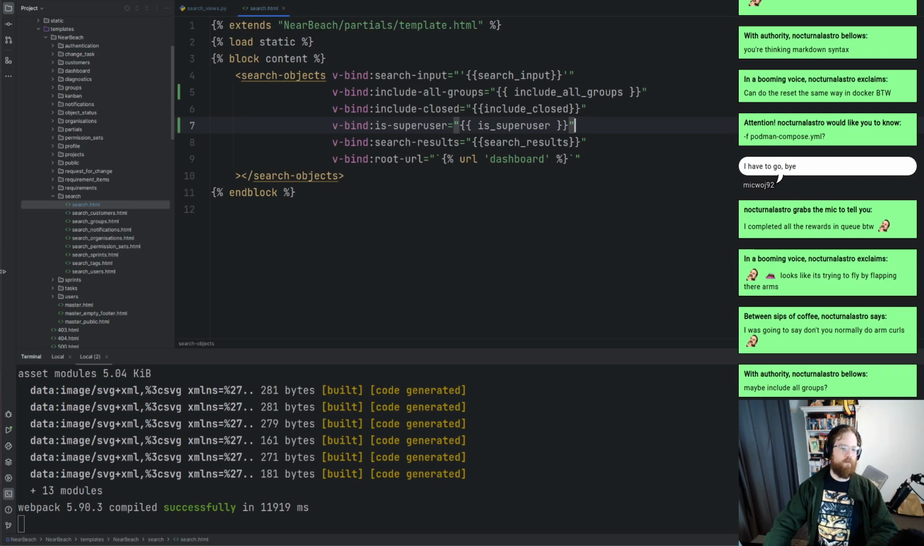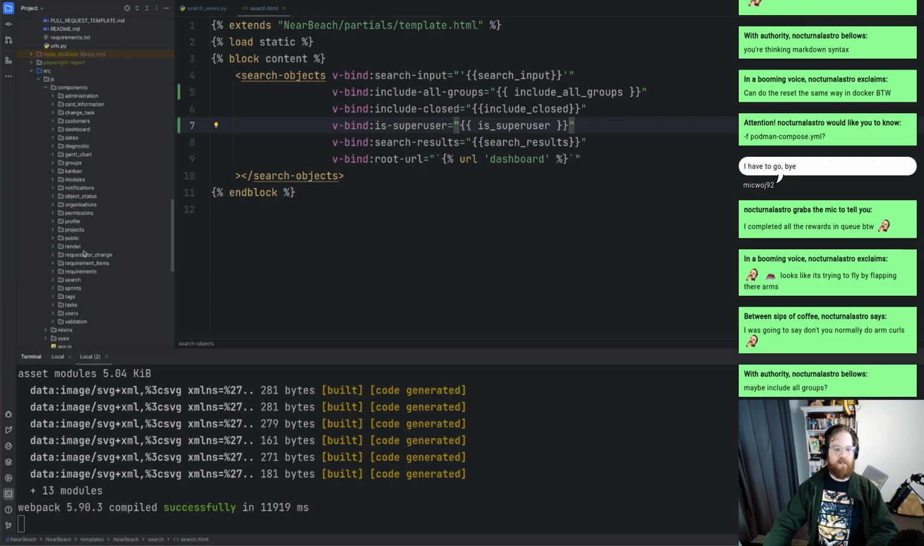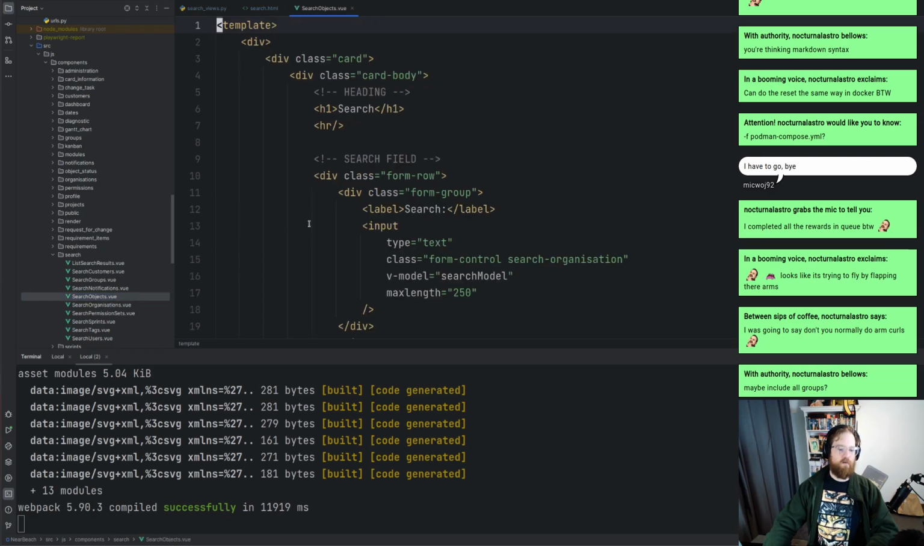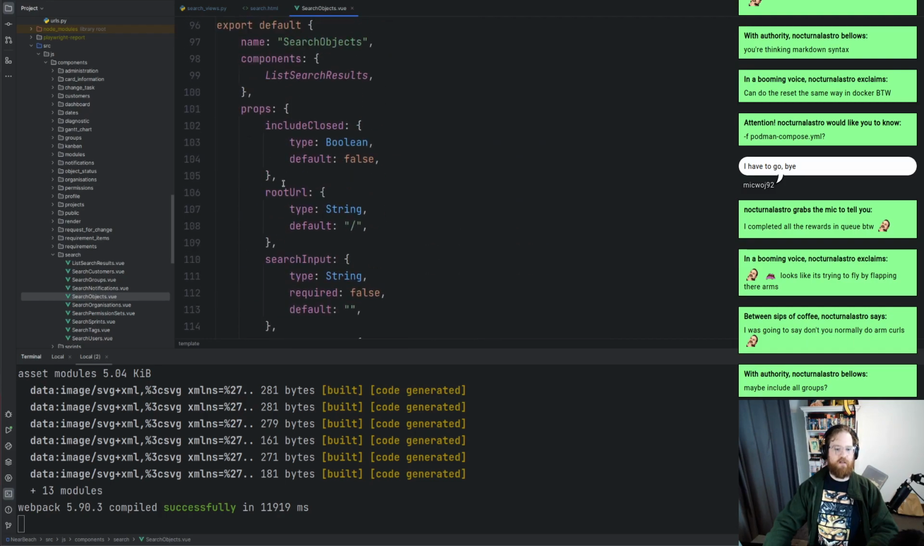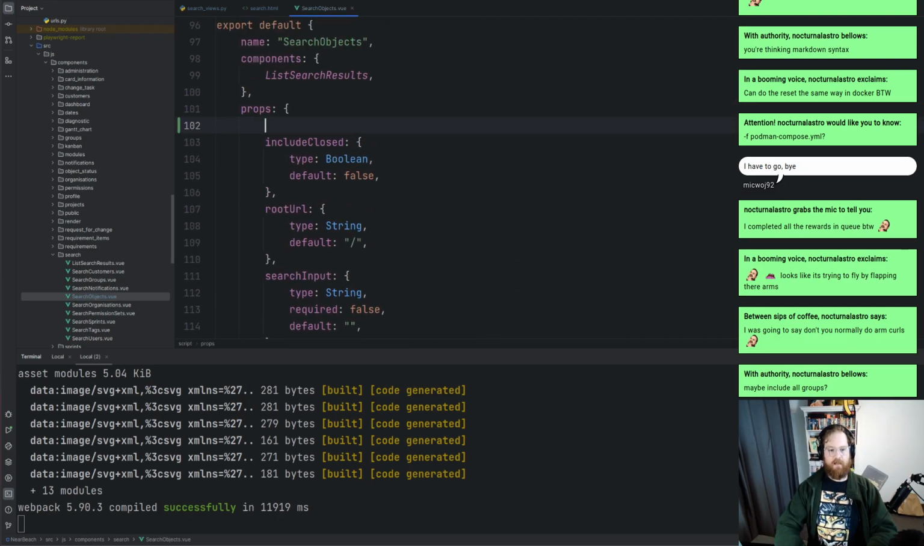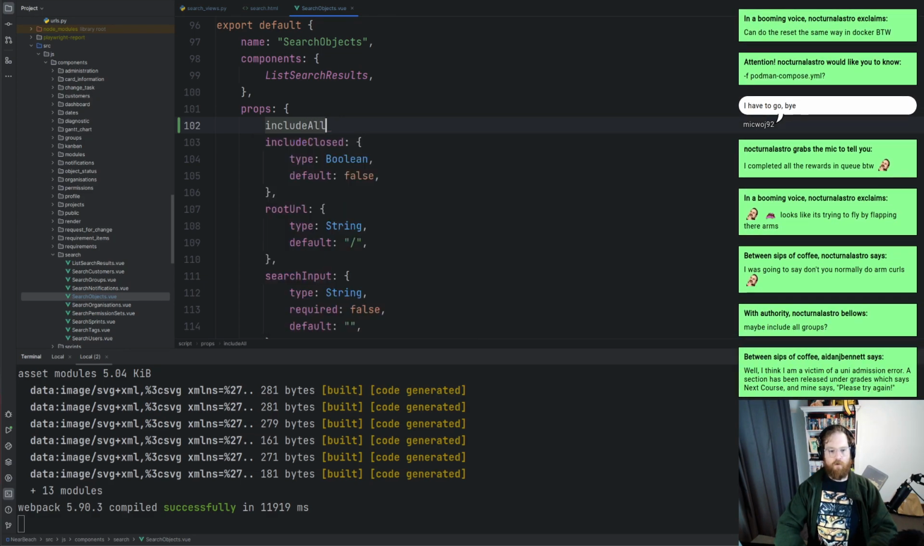We're going to close that form thing because we don't need it anymore. We're then going to open up our source, our JavaScript, our components, our search, and our search objects. We're going to scroll down to our props section, and what we're going to do is add in include all groups. And that is,